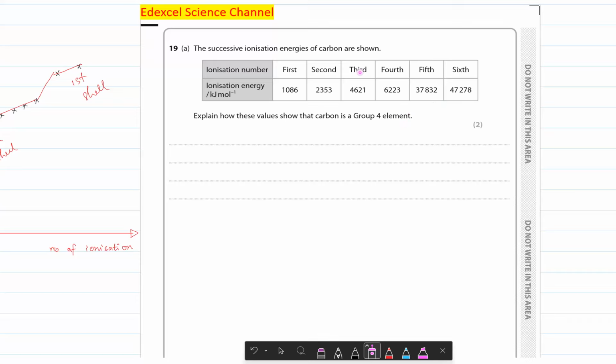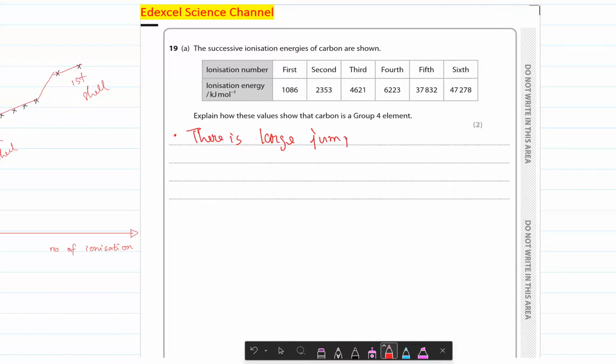So that is how you know that these four electrons belong in the same quantum shell and they must be in the last shell. So carbon is a group 4 element because in its last quantum shell, it has four electrons. Okay. So you have to mention that there is a